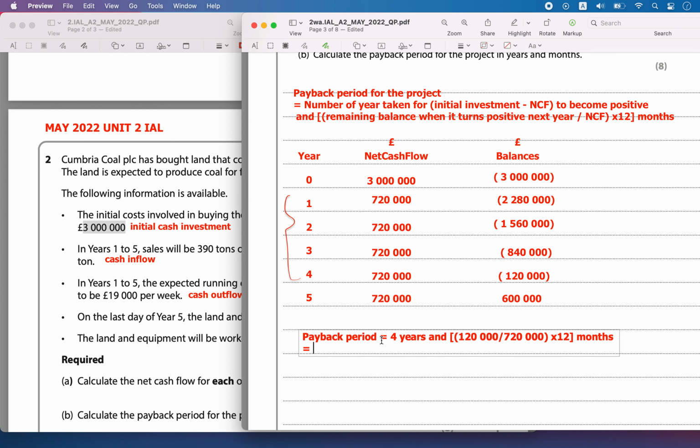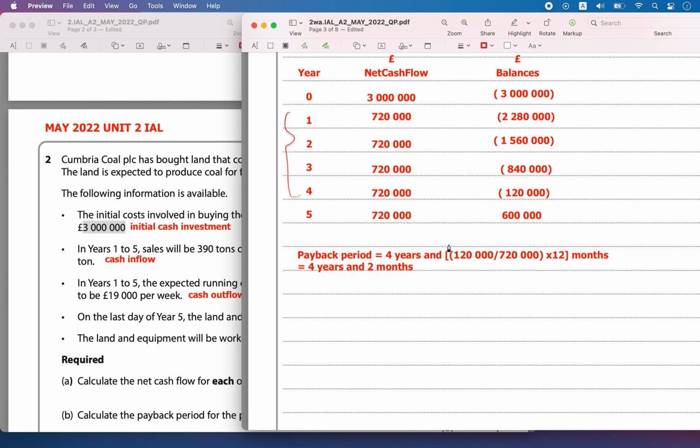So it takes 4 years, and we'll calculate the months. 120,000 divided by 720,000 is 1 by 6. So 12 by 6, finally it is 2 months. So within those 2 months, I would have recovered my initial investment from this project, and the next is going to turn into your